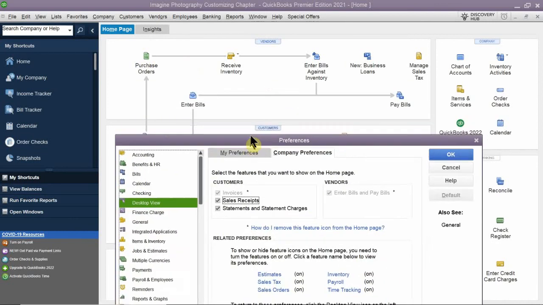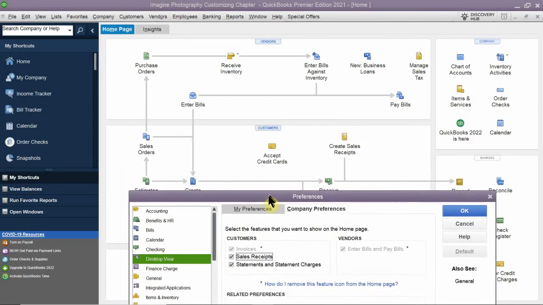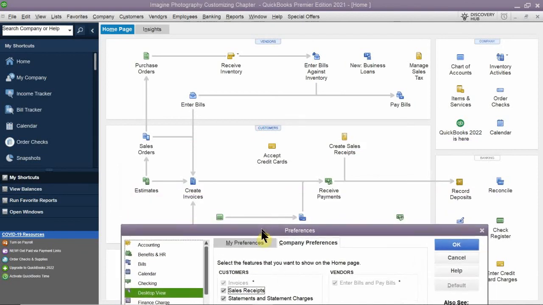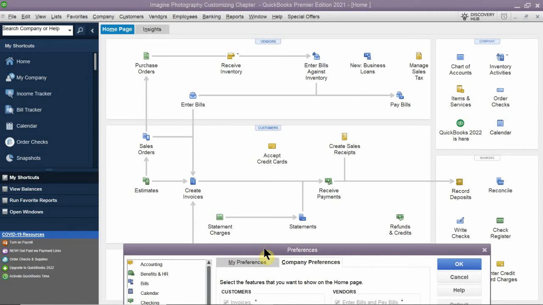So in this case, this one says, what do I want to show on the icon that's featured on the home page? Do I want to have statements? Right now, it's selected. Let's take a look at my home page. It's talking about this section here, showing statements, showing my statement charges, and then also having